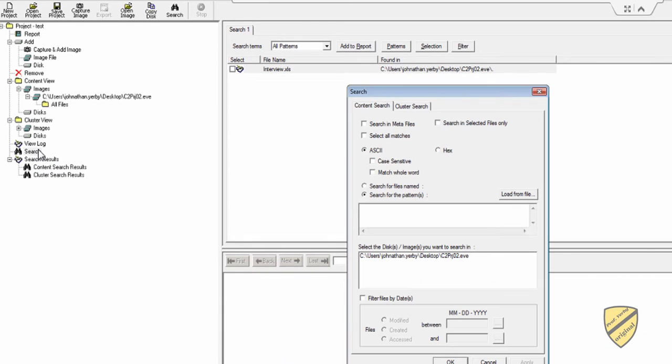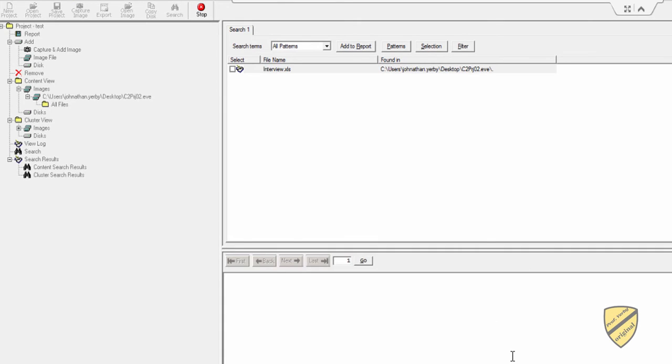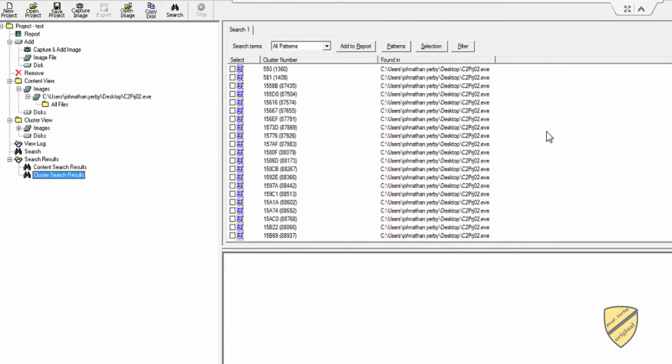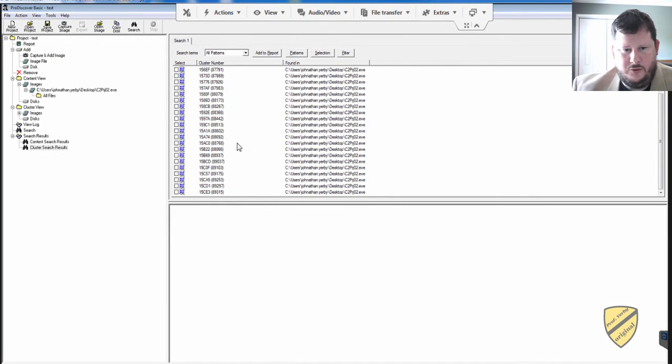Now let's do another search. So we click search again. We can use the one in the toolbar in the tree, and I'm going to again look for the word book, and I'm going to still search in the same image, and we should get a good bit more hits. Alright, so we have several hits here, and so if you were going to report these, you could go through and you could write down each one of these cluster numbers, or what you can do is you can just do a select all,